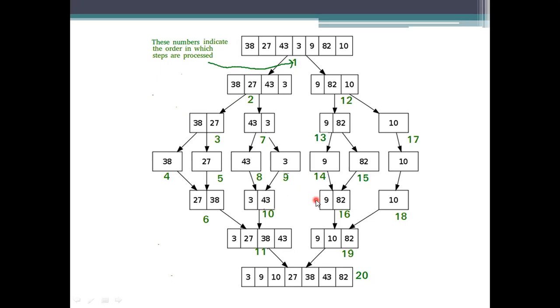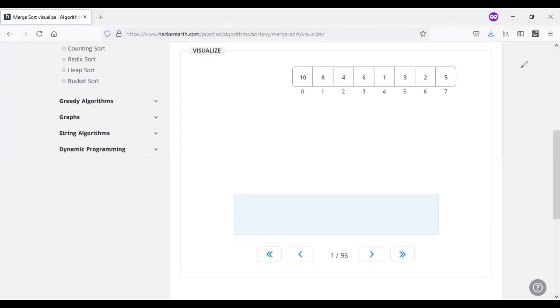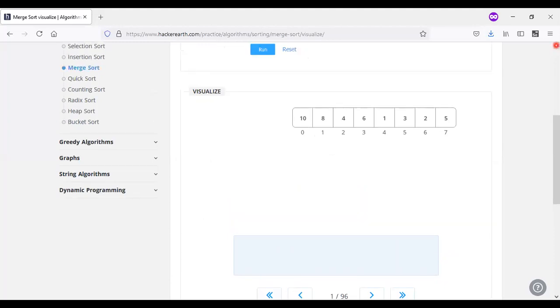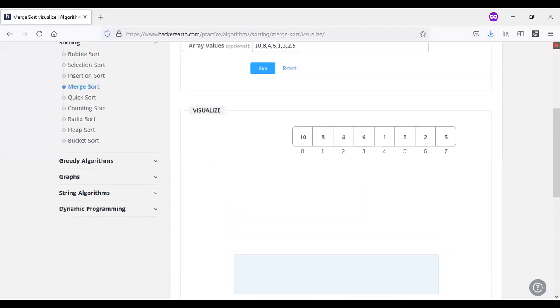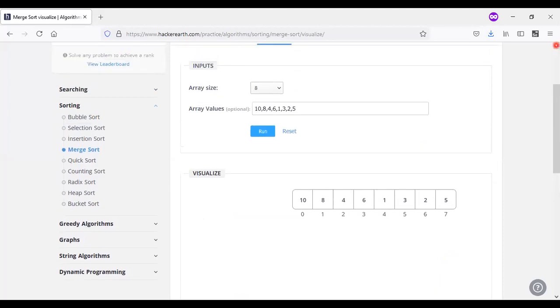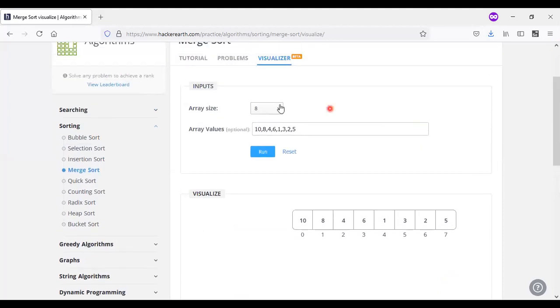If you see the visualization here, anyone can give the values for processing. I took the values which I explained in the slides. Any student can share the number of elements and the elements in the chat box. The size of the array is restricted here. We are taking only 8 elements for the processing.